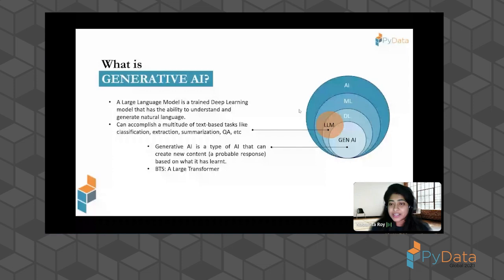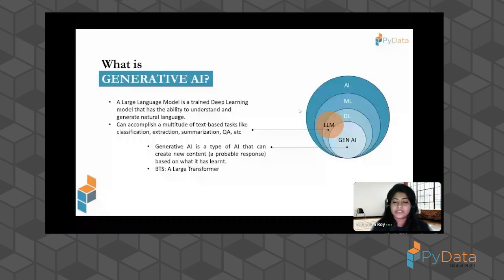A subset of AI is machine learning, where machines learn based on the provided data, and deep learning does the same thing but using artificial neural networks, and has the ability to learn more complex patterns within the data itself.